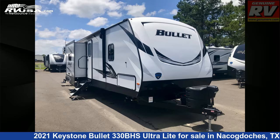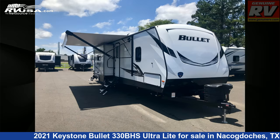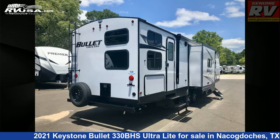This 2021 Keystone Bullet 330 BHS Ultra Lite is a travel trailer RV. It is located in Nacogdoches, Texas, 75964 and is offered for sale by Genuine RV Store. This new Keystone is 37 feet 8 inches in length and features 2 slideouts, a Flagstone interior, sleeps 10, DVD